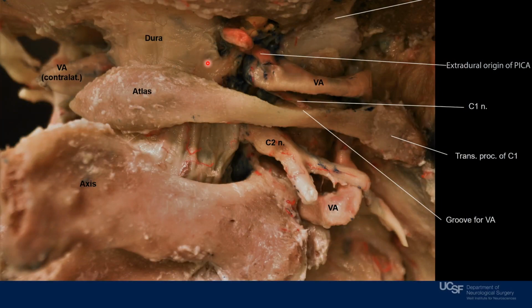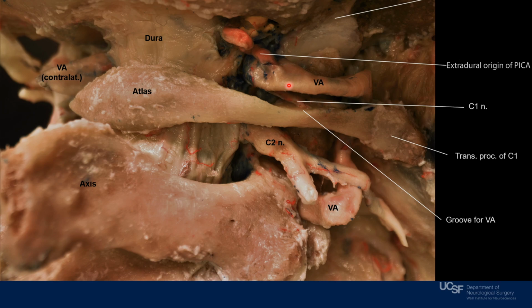This is a posterior view of the craniocervical junction. We see the posterior arch of atlas, the bifid process of axis, the transverse process, this long transverse process of C1, the V3 segment. And we also see anterior to the V3 segment, this horizontal portion, we see the nerve root of C1, or